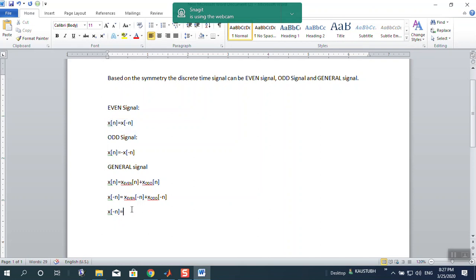So therefore x even of minus n will be x even of plus n, because this part is already even symmetric. So this will be equal to this, and this odd part will be minus this. So now if this is your equation 1 and this is your equation 2, what we can do is